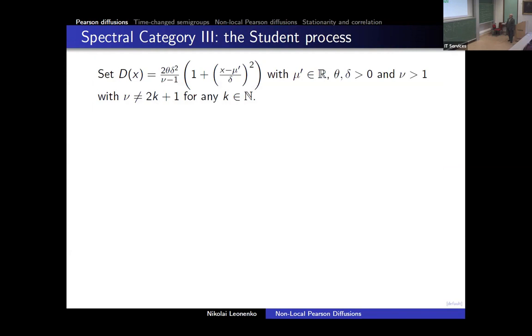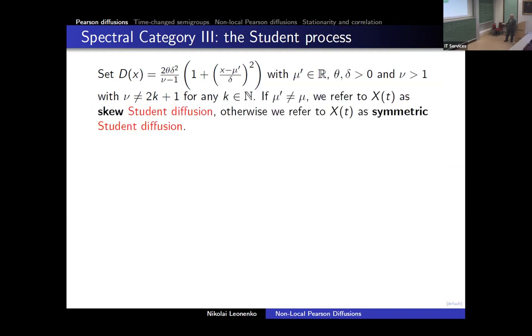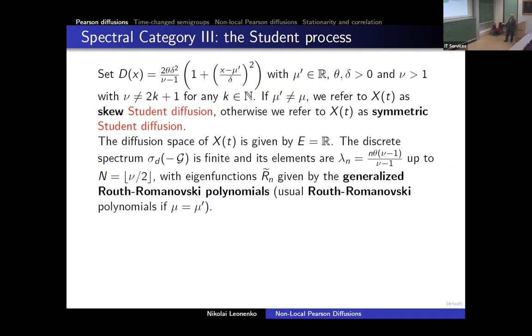And finally, the most complicated case, from our point of view, is the Student case. We have a quadratic term under the square root in the diffusion, and basically the Student distribution could be skew or not skew. There are some conditions for this, and the eigenvalues are quadratic, and the functions, we call them generalized Romanovsky polynomials. Actually, it's again an interesting story that Romanovsky wrote only a 2-page paper about this with many partial cases, but it was like the beginning of